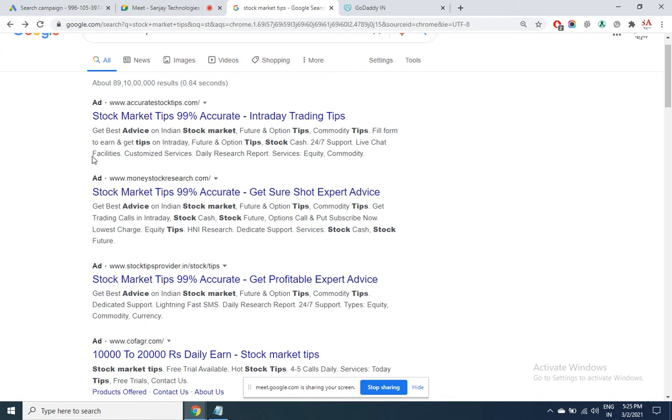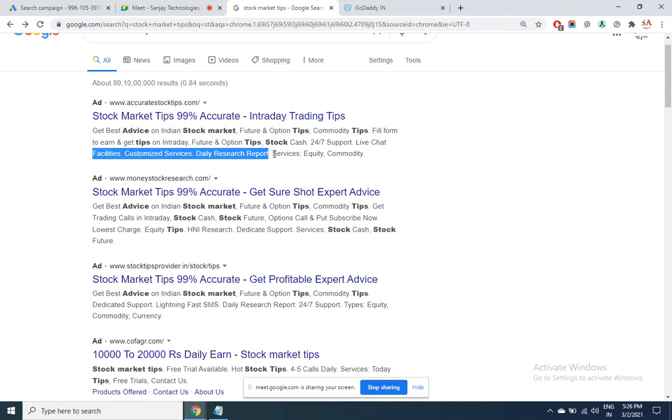This is a callout. This section is a callout, where you are able to display some extra words with dots. Like this again, 8 callouts you can create. Sometimes Google will display only 1, sometimes 2, sometimes 3, sometimes 5.